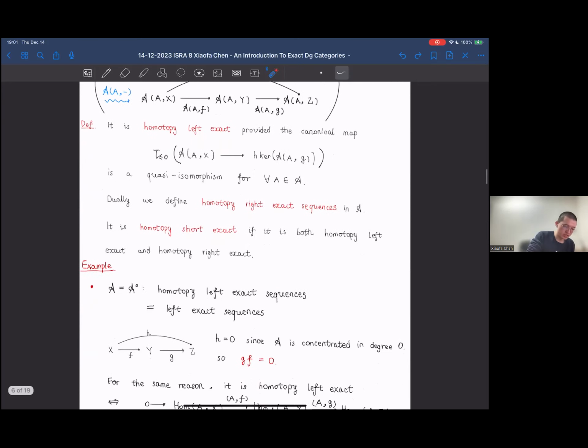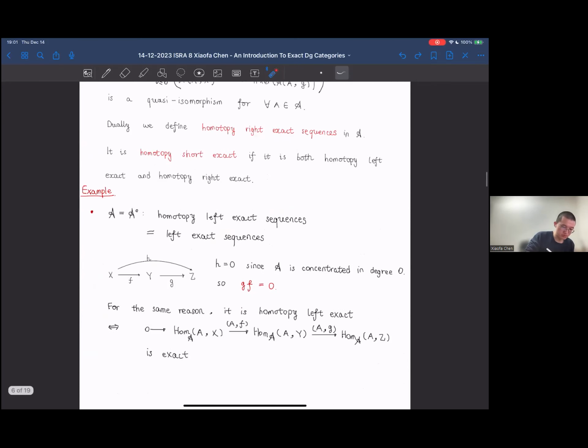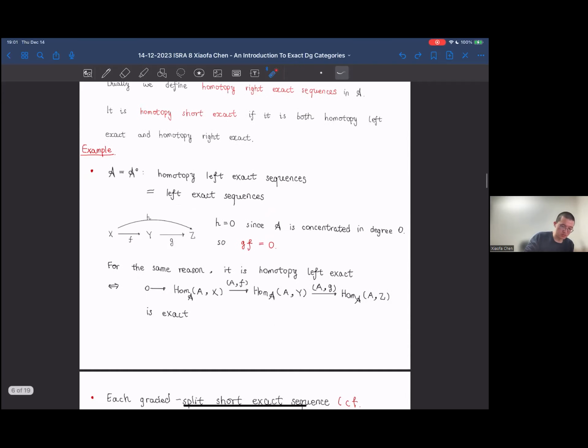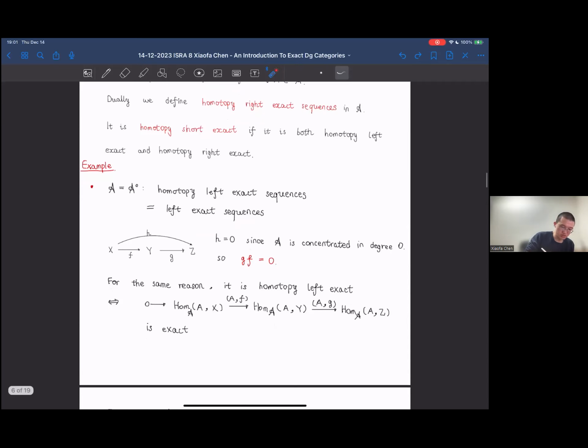So when A is concentrated in degree 0, then homotopy left exact sequences are nothing but left exact sequences. Yeah, because we have explained that when it is concentrated in degree 0, we don't have homotopies. So this will become a complex, because the composition of F and G is the differential of H. Okay, and for the same reason, because it's concentrated in degree 0, yes, and here